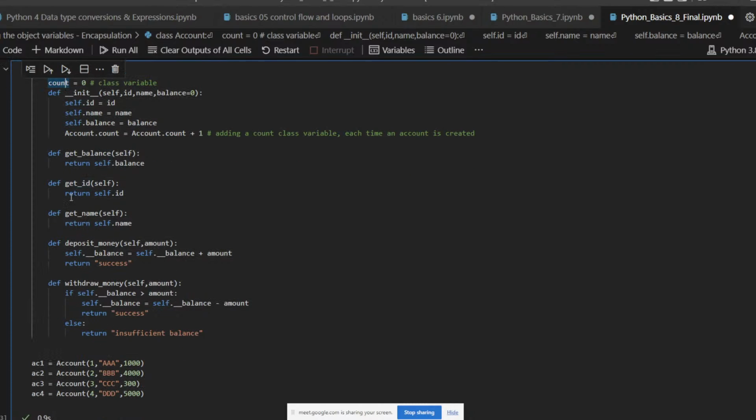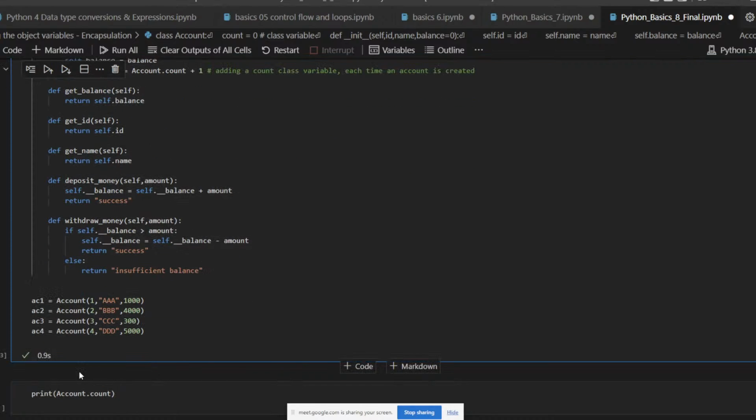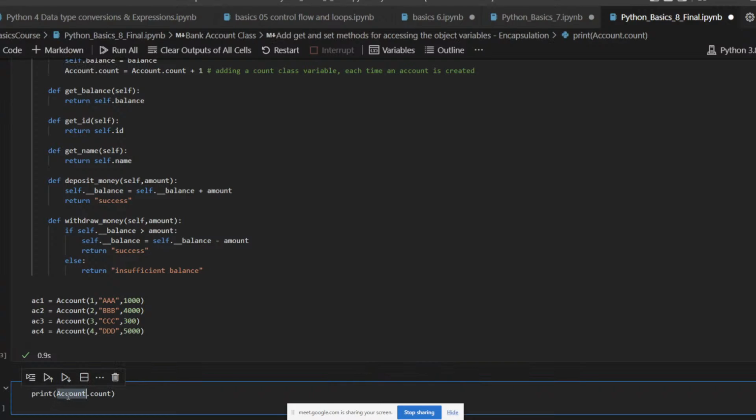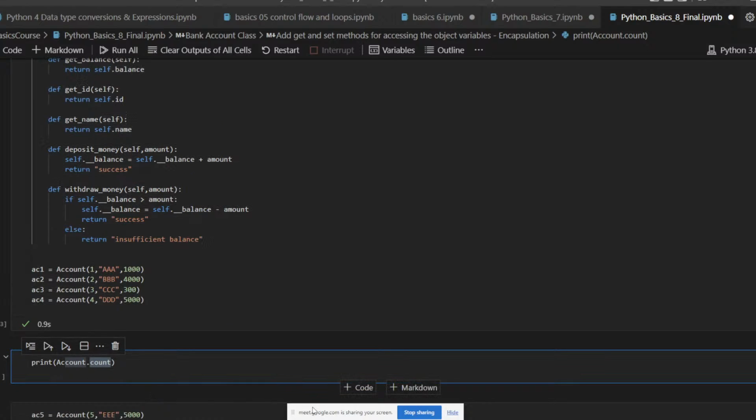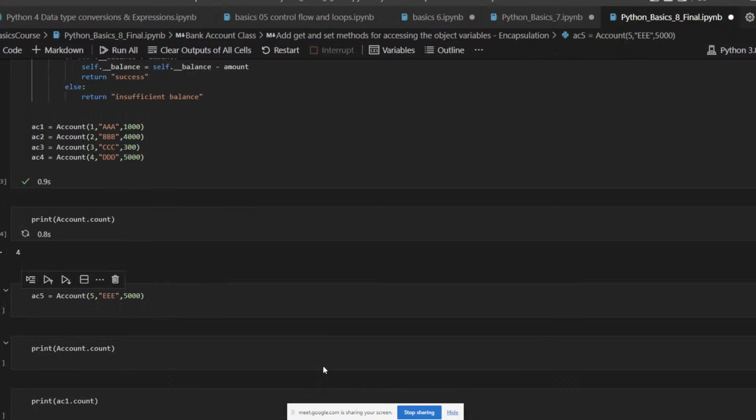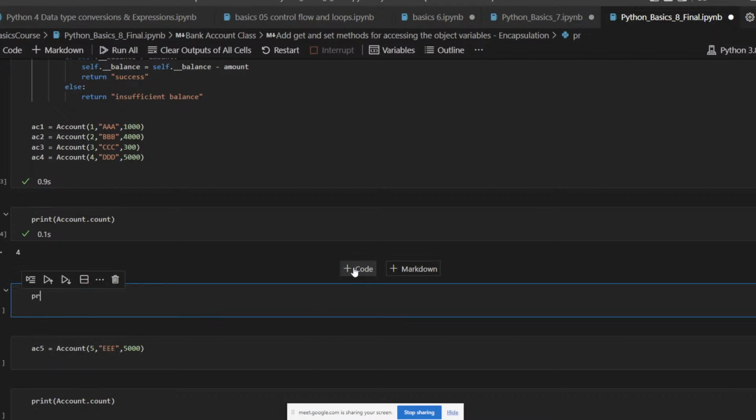And the way to access the count variable is by just calling the class name .count, because it's not an instance level variable, it's actually a class level variable. So the right way to do it is by accessing the class Account and then calling the variable count. I mean, Python does allow, so let me do that. Python does allow us to actually call